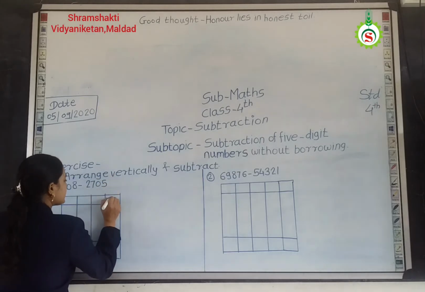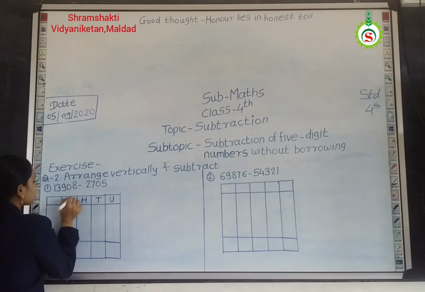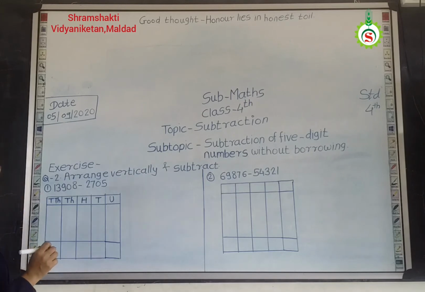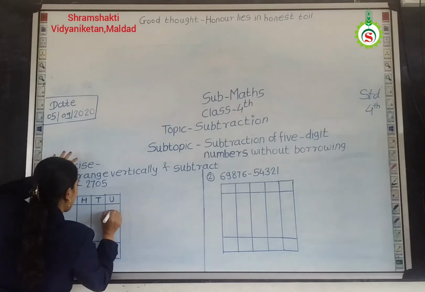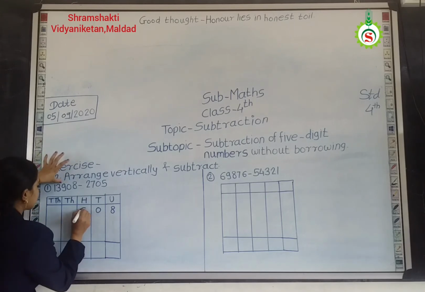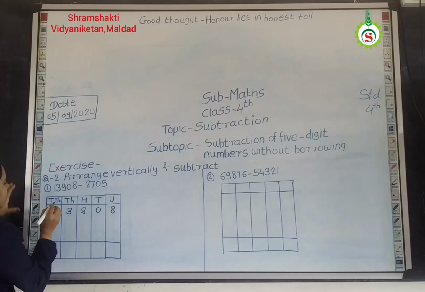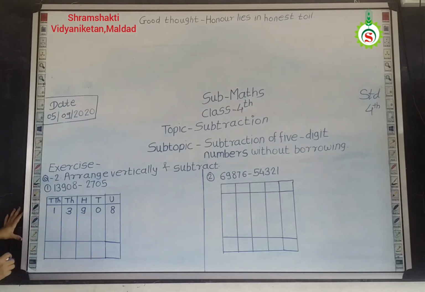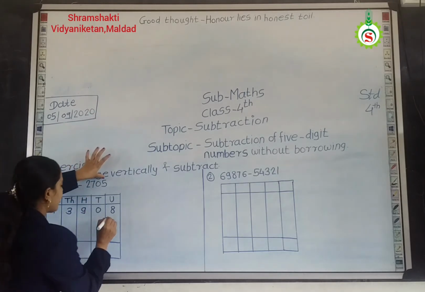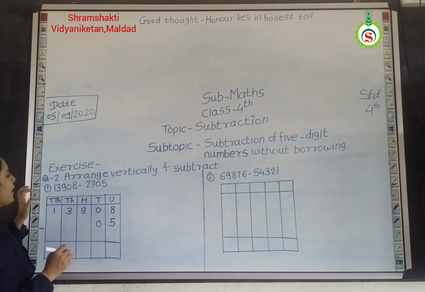First give places: units, tens, hundreds, thousands and last 10,000. Arrange the given example. Here at units place 8, at tens place 0, at hundreds place 9, at thousands place 3 and at 10,000's place 1, minus. See the next number: at units place 5, at tens place 0, at hundreds place